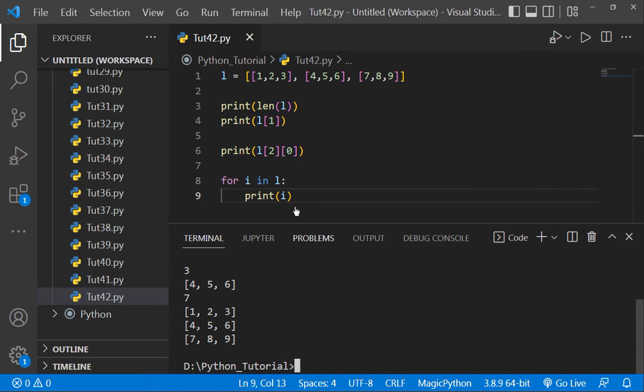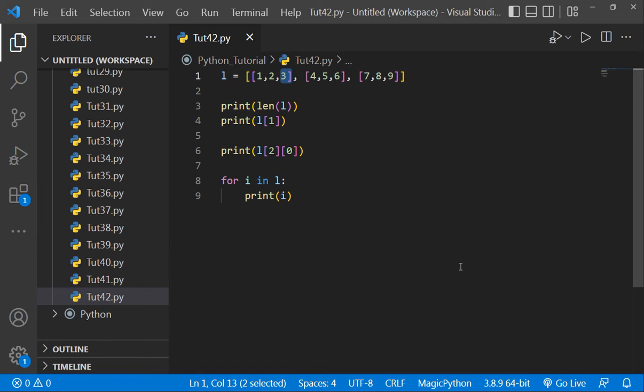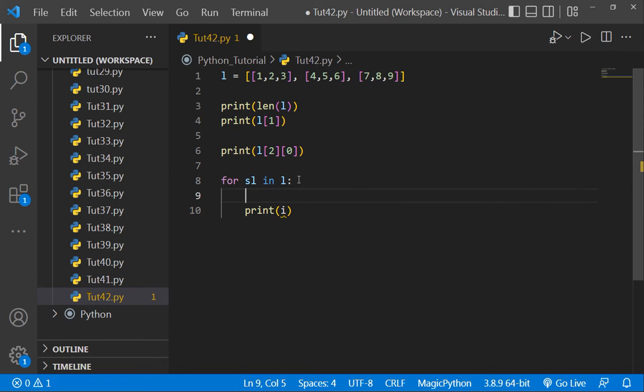But what I want to do is I want to print these numbers 1 2 3 4 5 etc. Okay, so how can I do that? For this we have to use a nested for loop. Okay, so as you can see, for I in L, or we can write here for SL in L. SL stands for sublist. Okay, so now here for the nested for loop we will write here for I in SL,